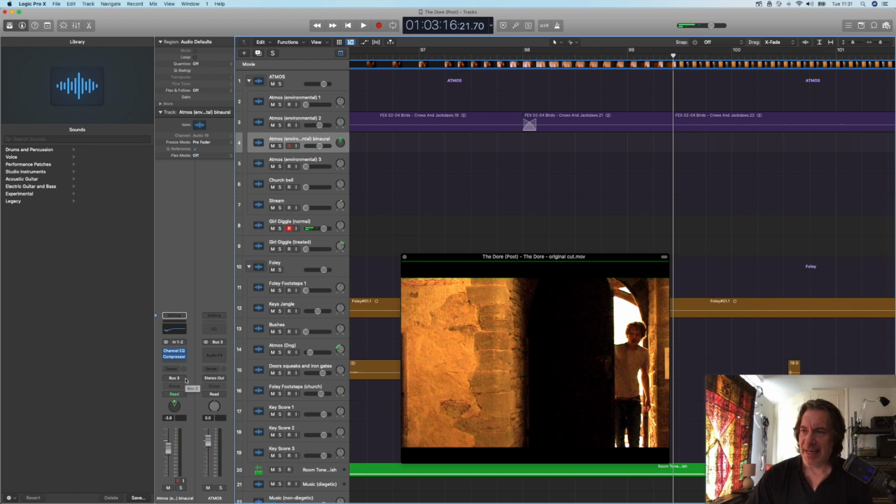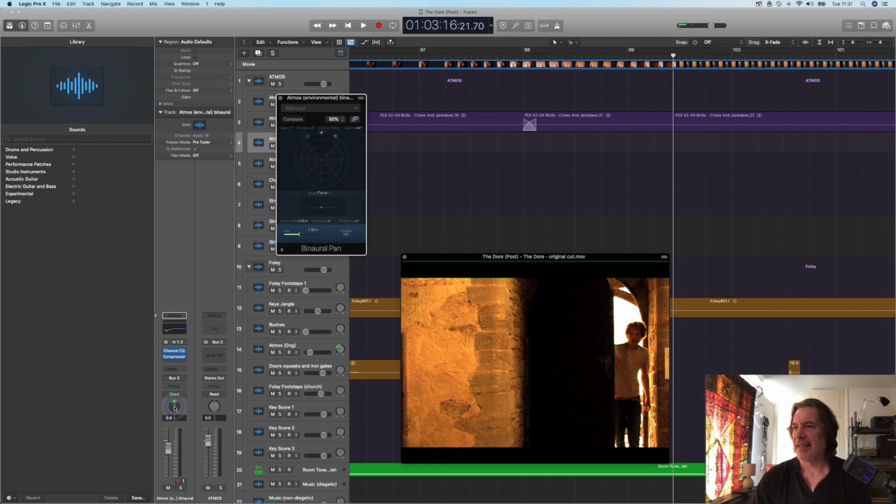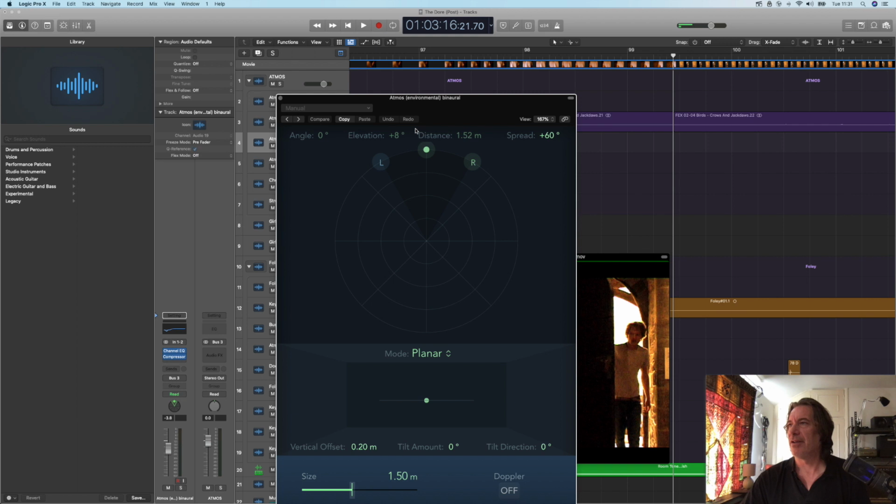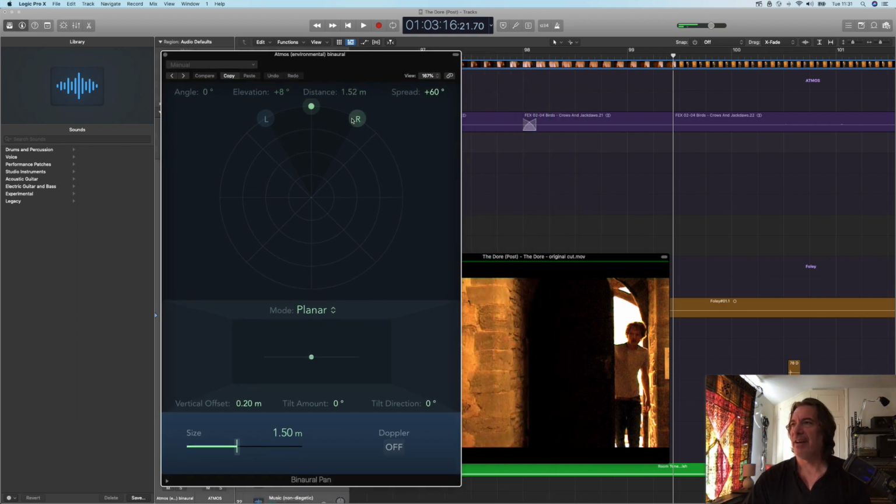So I did that by clicking on the output, and the bus remains the same, but I'm just selecting from balance or stereo pan to binaural pan, and that gives me this here, which is a bit small. Let me just make that a bit bigger. Okay, so here we are. Here we have our left and our right. And so I'm just going to